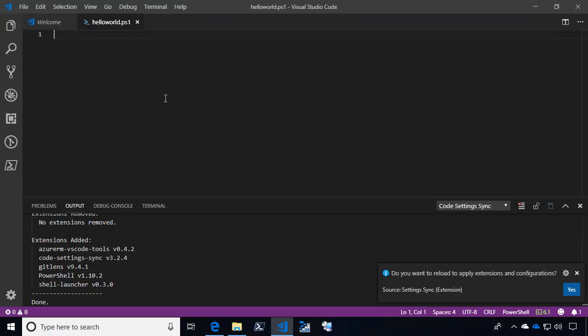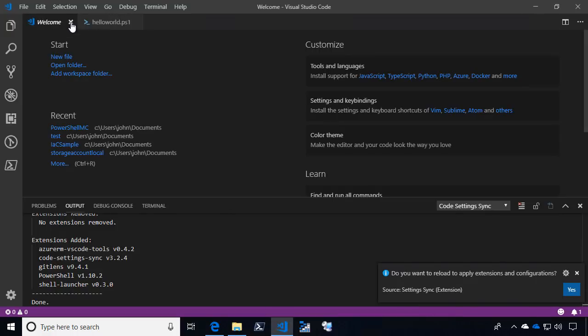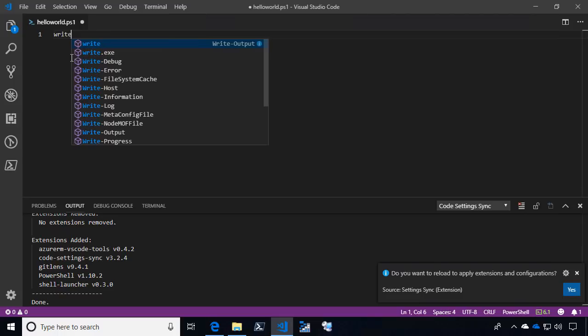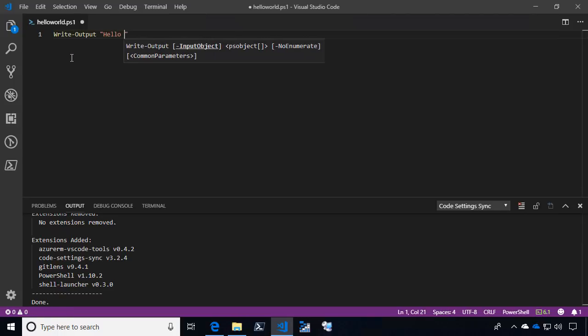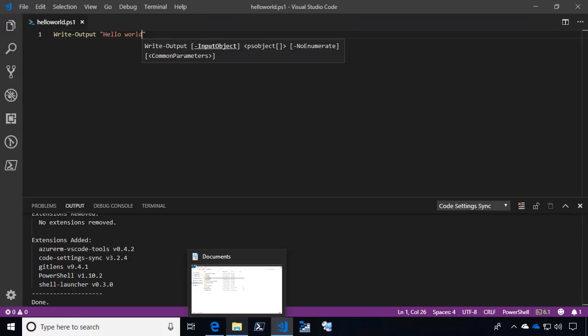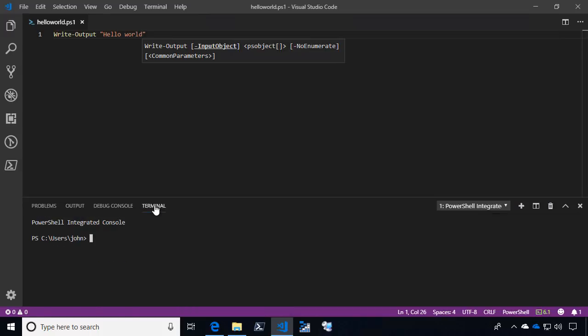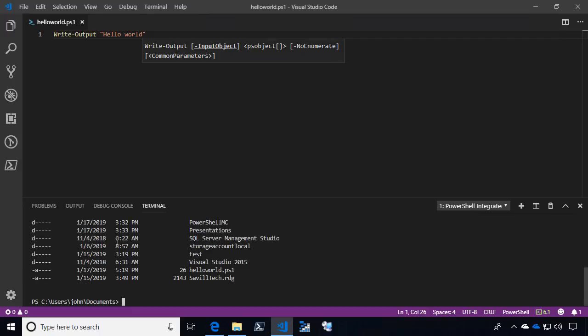Now within there, we can just start writing our code. So I'm saying, well, we're going to do Write-Output hello world. And I'm going to save that. Now I need to execute it. Now, if I went to my terminal and I go to my documents, well, there's my file, hello world. So I'm just going to run hello world.ps1 and